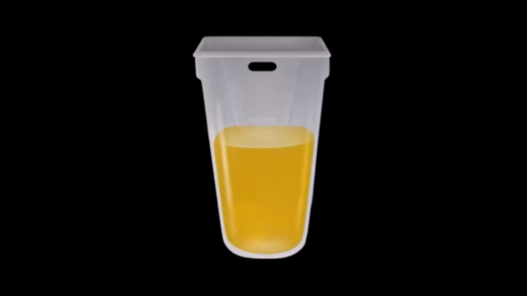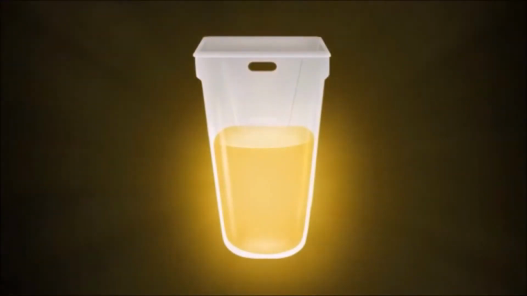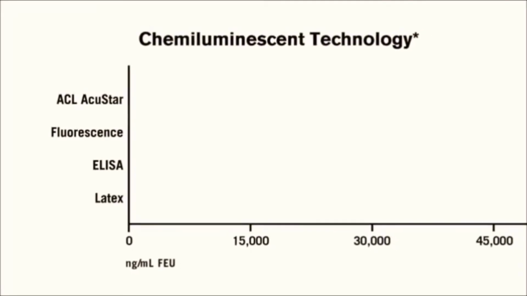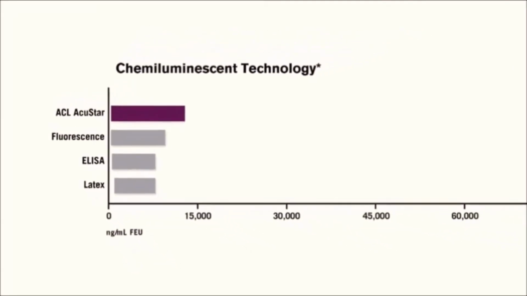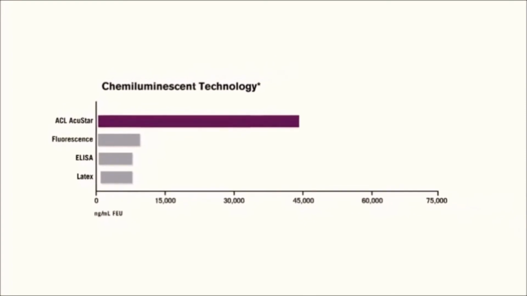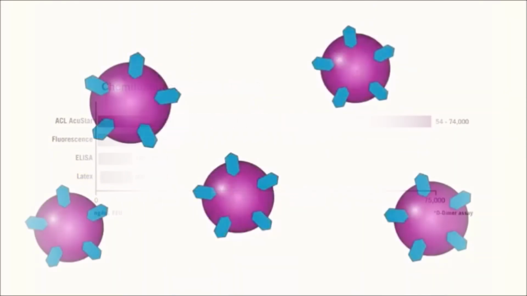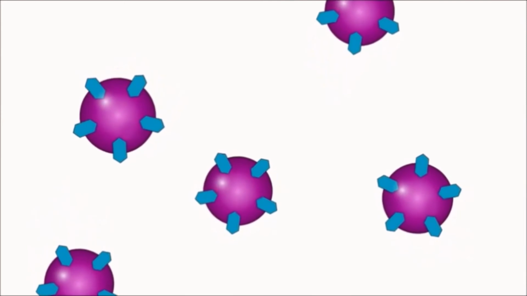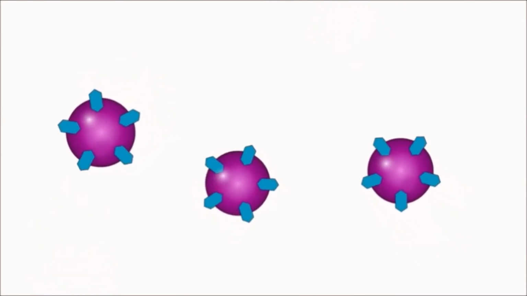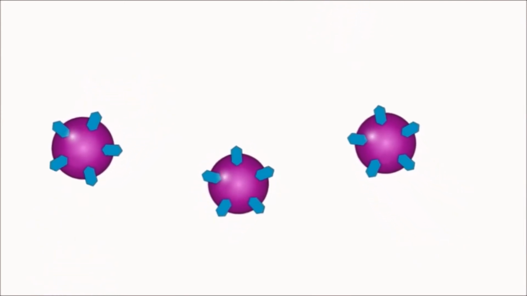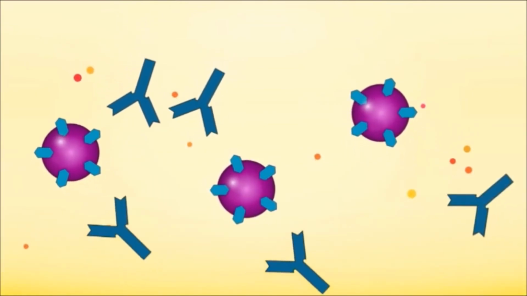Chemiluminescent reactions emit light by means of a chemical trigger. As implemented in the ACL AccuStar, chemiluminescence-based technology yields results with greater sensitivity and a broader working range than fluorescence, ELISA, or latex agglutination immunoassays. In APS testing, the Hemosil reagent has magnetic beads coated with the antigen. When combined with the sample to be tested,